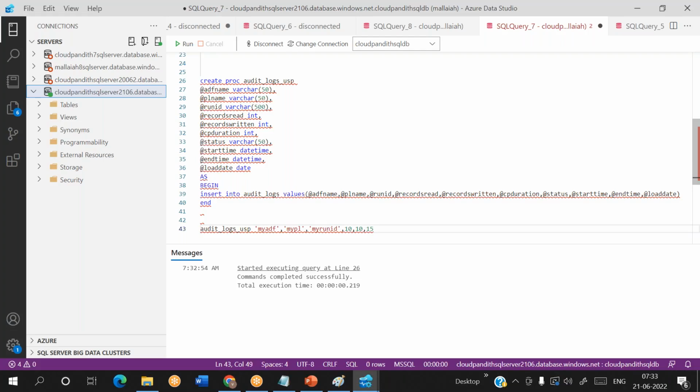Copy duration is 15 seconds. Status is succeeded, I'll say. Next, start date time is 2020, let's say 01, 0, something I'm giving. Okay. No need to be exact because now this is not pipeline values, right? 2022,